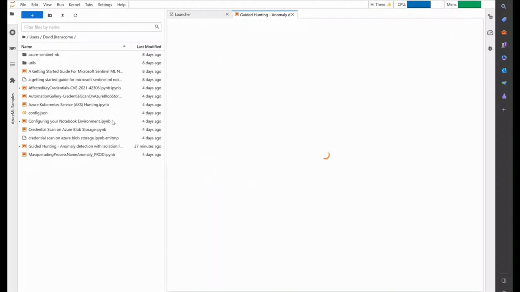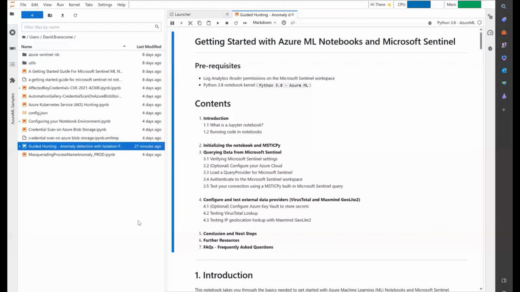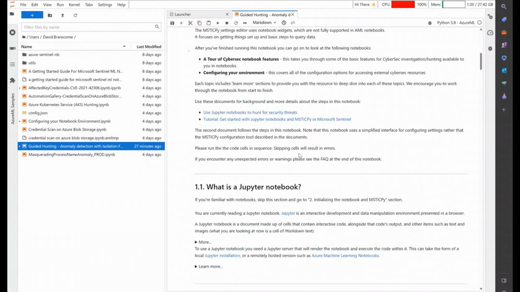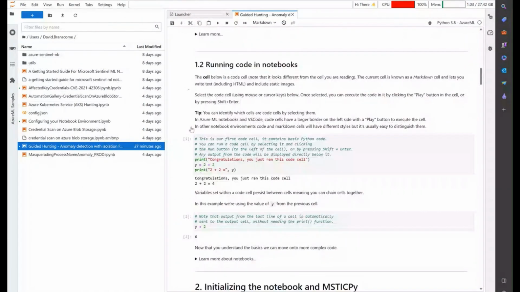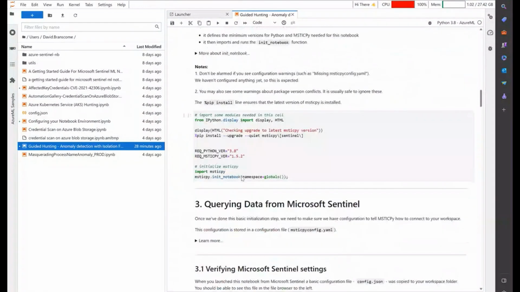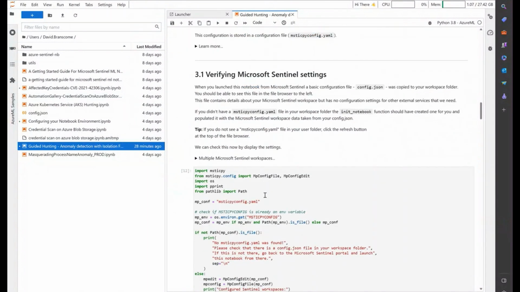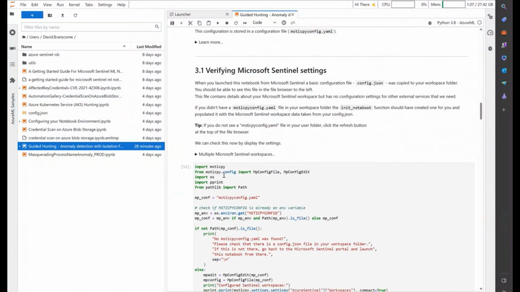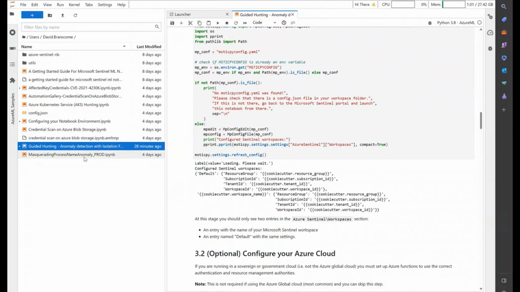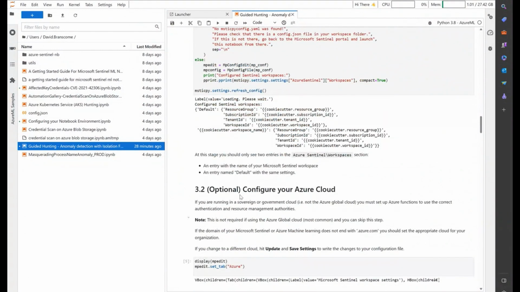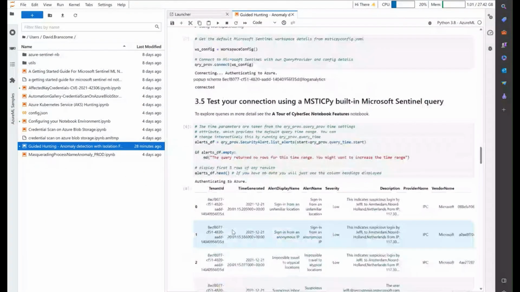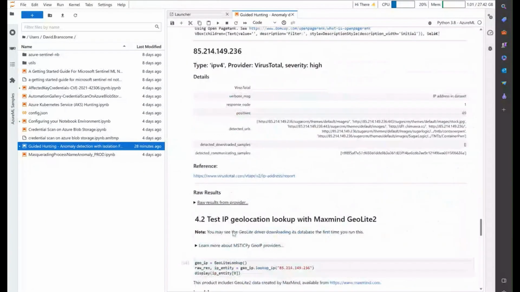And it's going to start in a little bit different interface, right? So from here, you notice what I can do if I want to run code. I've got the ability here to query data in Sentinel, verify my Sentinel settings, and it's going to do all these different little elements of this guided hunt. And each of the phases of the hunt will give me output that will then feed into the next phase. And at the end, what I can do, if I go all the way to the end,